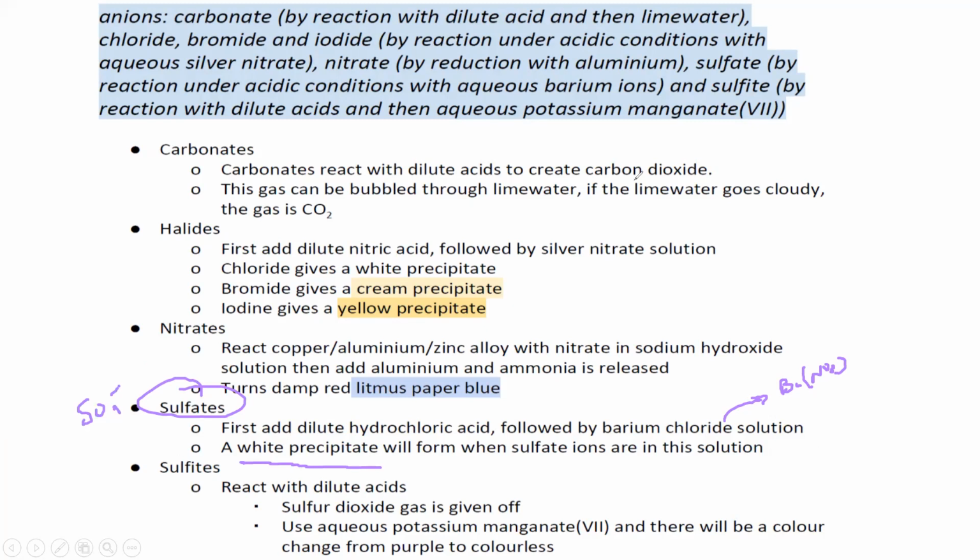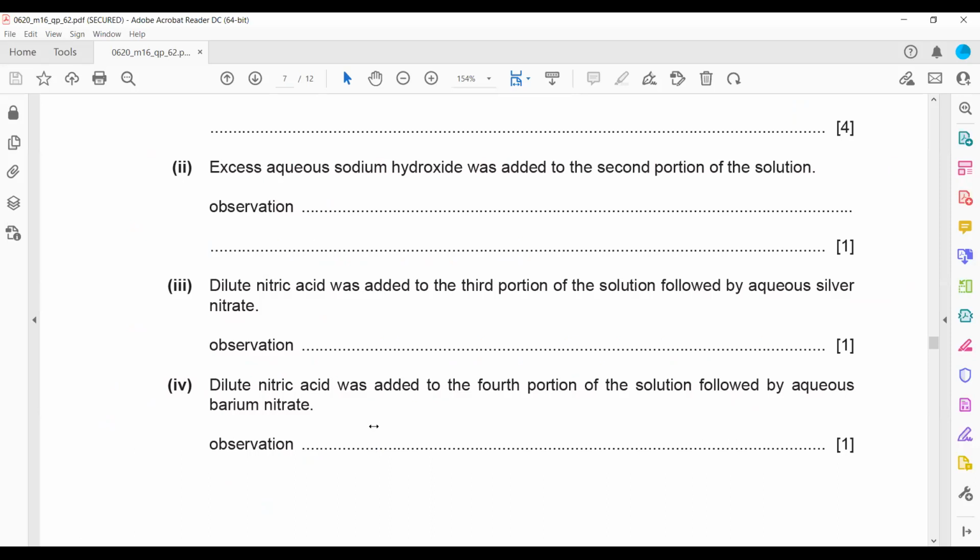But in this question, as the salt is copper chloride, it contains copper ion and chloride ion. It does not contain any sulfate. So if the salt does not contain any sulfate and we are doing a sulfate test, like adding barium nitrate or barium chloride, it won't react, or there is no visible change. So here we will write no reaction